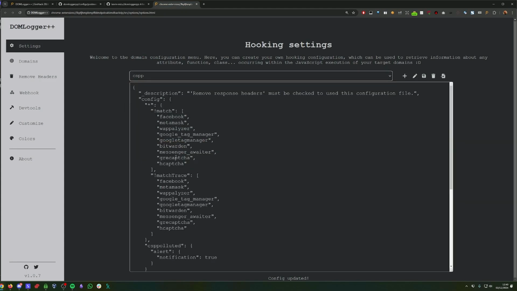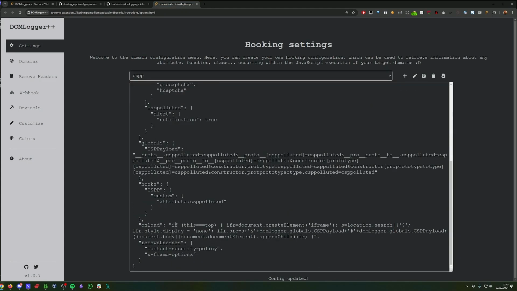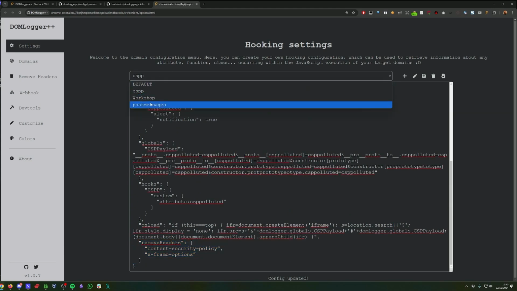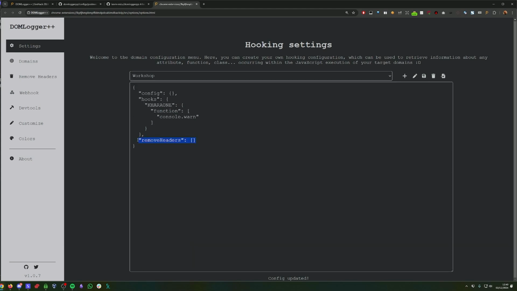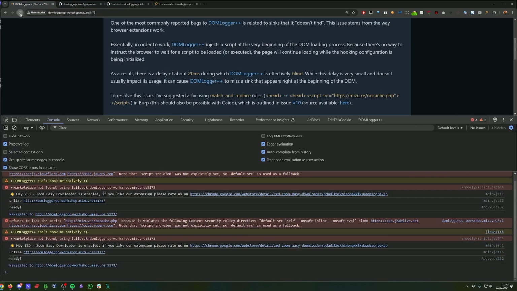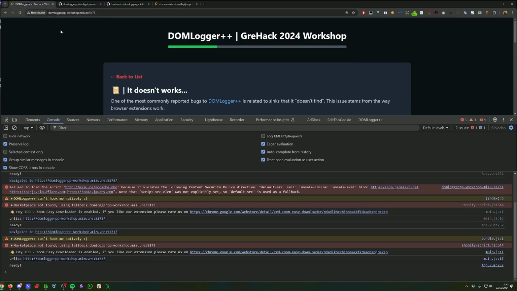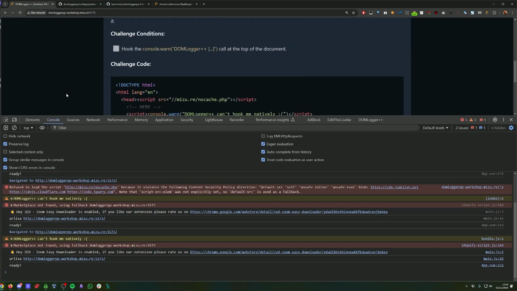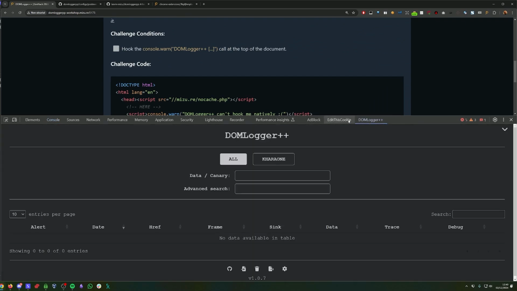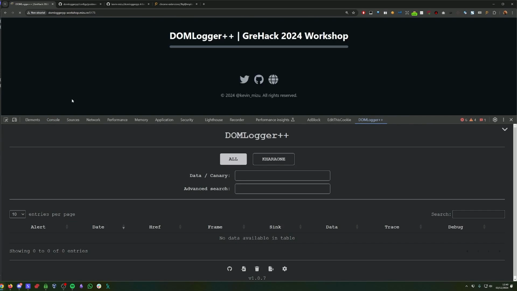So if I go selecting this one, setting save, refresh, I didn't get the error, and if I Control F5 this time,